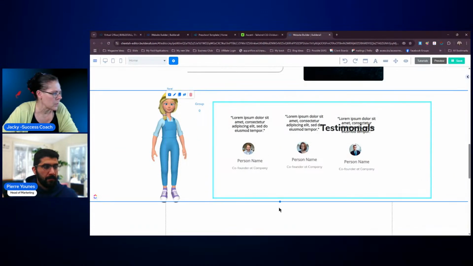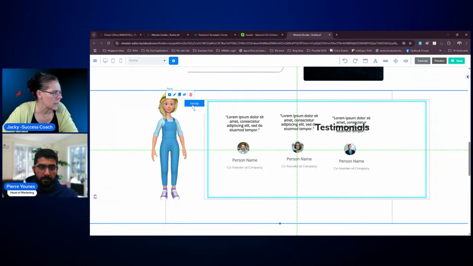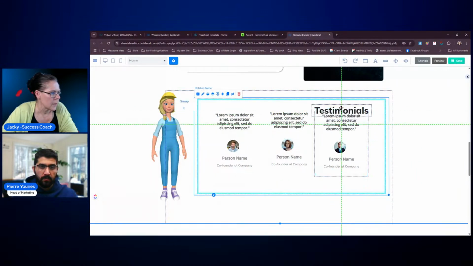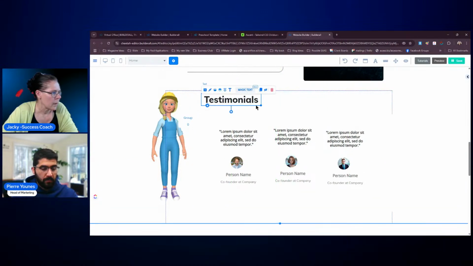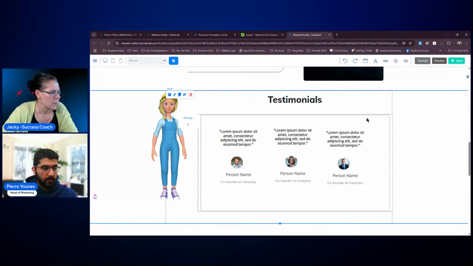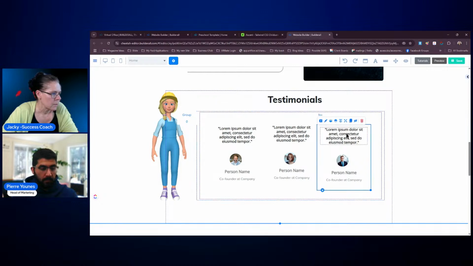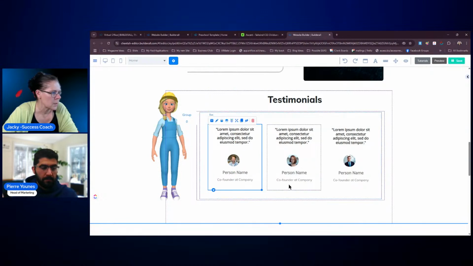I'm just going to pull this a little bit taller so that I can get this in here. And I'm going to make this shorter and take the testimonials to the top. And obviously, I'm just going to center it the same as in this area right here. You can even make this smaller if you like. It's totally up to you. Okay, so I like to have one on this side. We're not going to go into too much detail on how we can beautify this, but it's just to show you